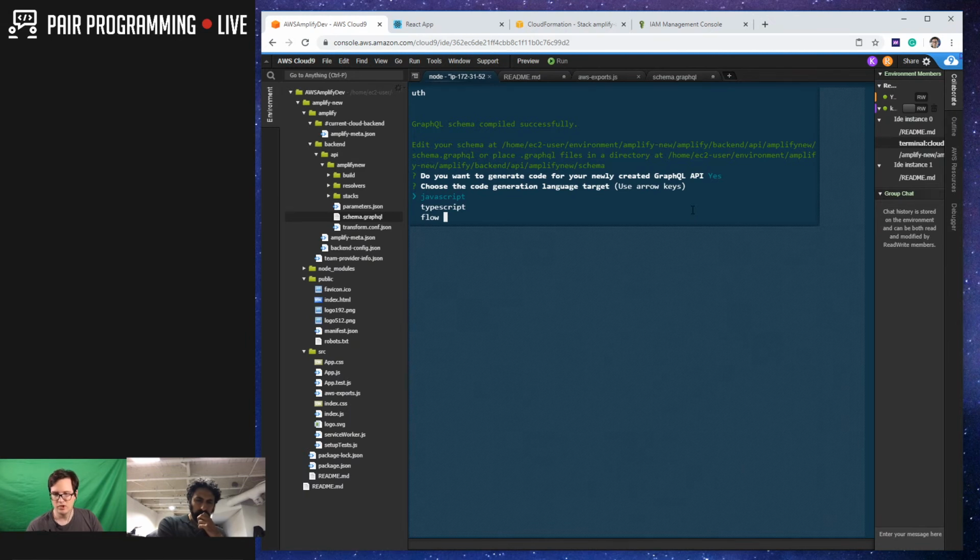Choose the code generation language target. We're using JavaScript here. That's right. Enter the file name pattern of the GraphQL queries, mutations, and subscriptions. By default, it's source GraphQL. So it's going to take everything in the source directory here. So source,